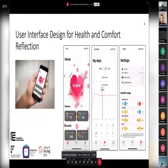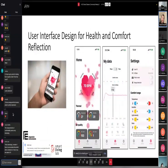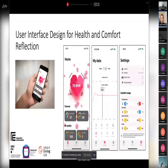We're also looking at new types of user interfaces with the glasses. So I partnered with a PhD student at the University of Fribourg in Switzerland. We're designing this new type of interface to give an average user a summary of the information of the environmental characteristics that they're exposed to currently, because we find that it's an interesting teaching tool, right? One example is if you're at home and you're cleaning your house with a cleaning agent, that exhausts some kind of volatile organic compounds. Users don't generally know that that's bad for you. You could smell bleach and things like that, but you don't really know how that's impacting